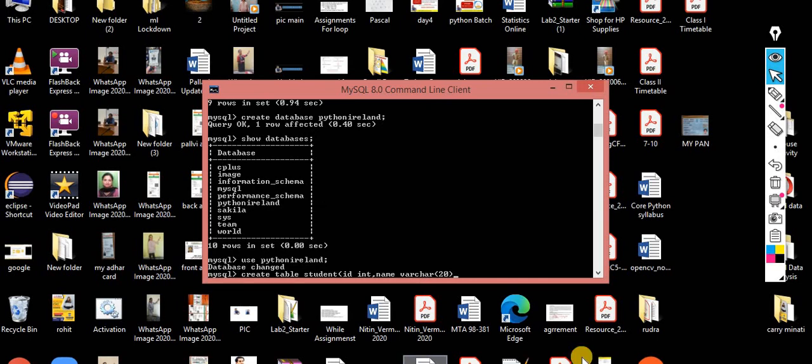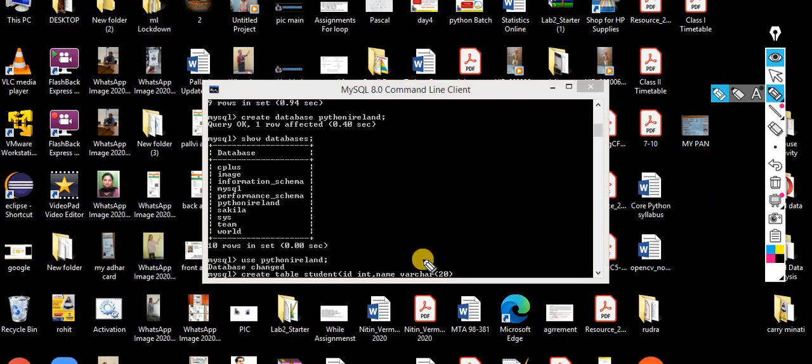So here this is the way. Inside Python the data type is str, but here you are supposed to take varchar. Varchar means variable character. So what is the meaning of this 20? I am giving 20, which means this column will support up to 20 characters.